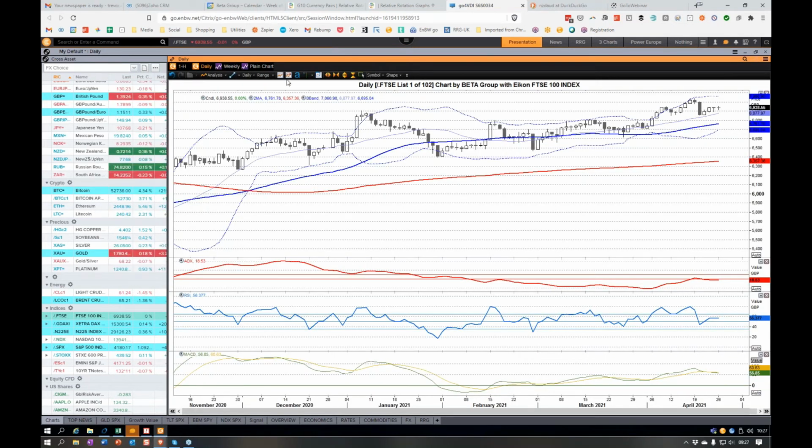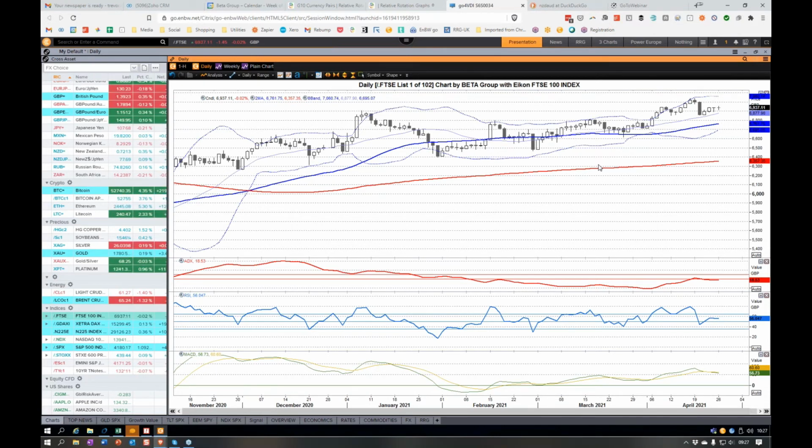On the daily chart, well, here's the consolidation here, and the ADX on this one is reading 18. So that's a very low reading, indicating no presence of a trend at all. The MACD has crossed down. The RSI has turned down, following the sell-off of last week, and it's close to neutral. So this is sort of, if you like, mildly bullish. 18 here on the ADX is mildly bullish, as opposed to the US 500, which was bullish. But let's look at the